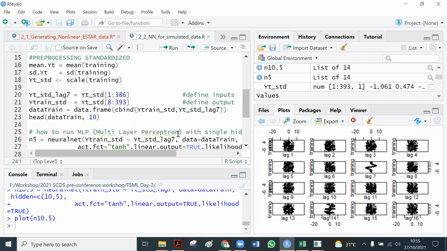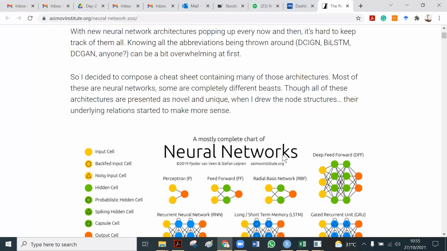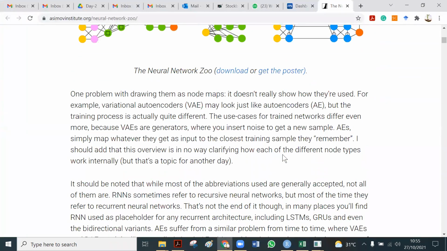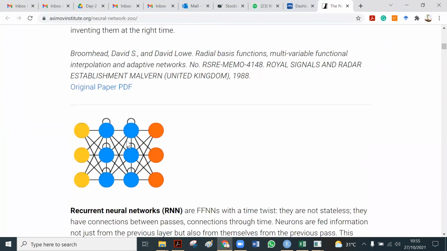So it means we need to go like this, the so-called recurrent neural network. If we want to consider also the moving average part, so like this.